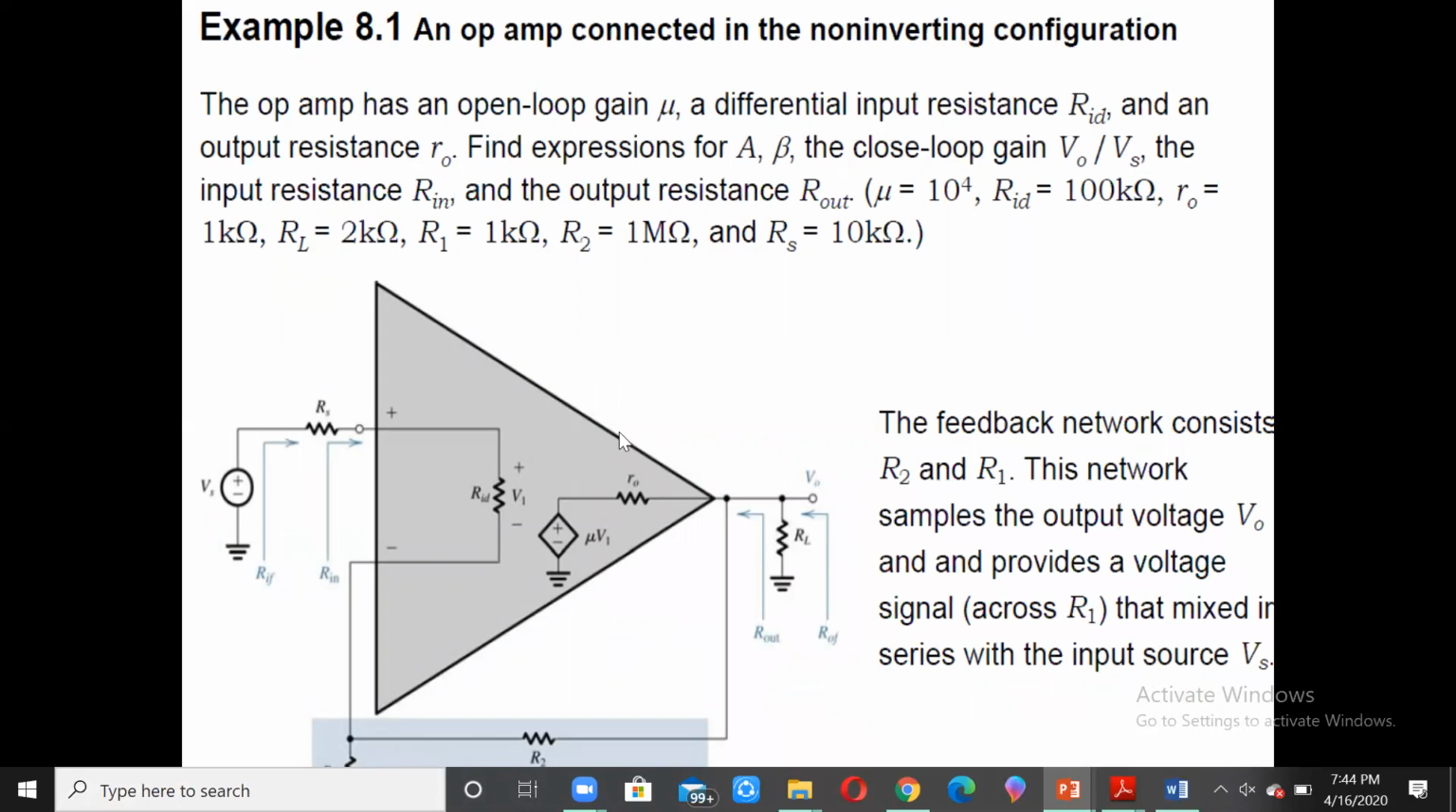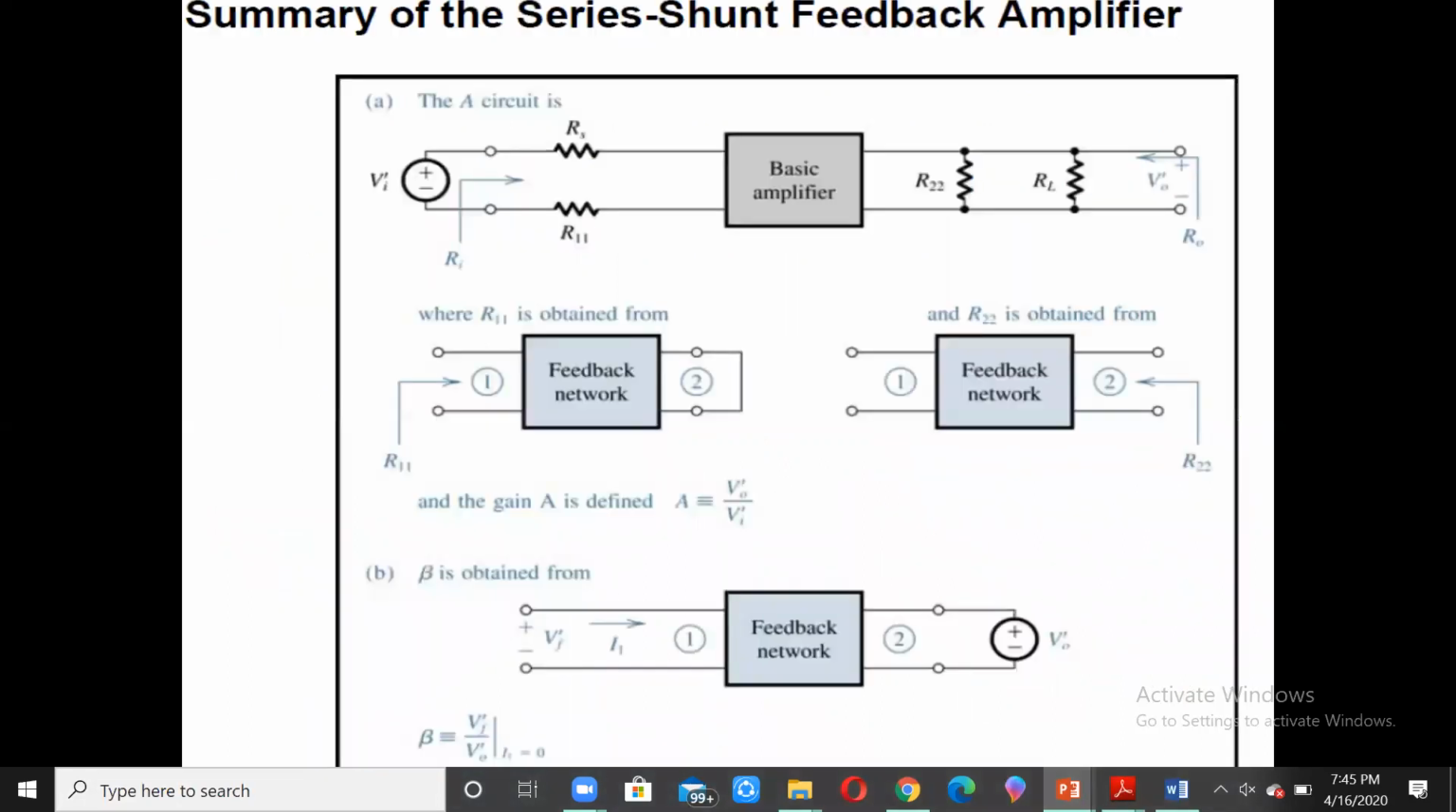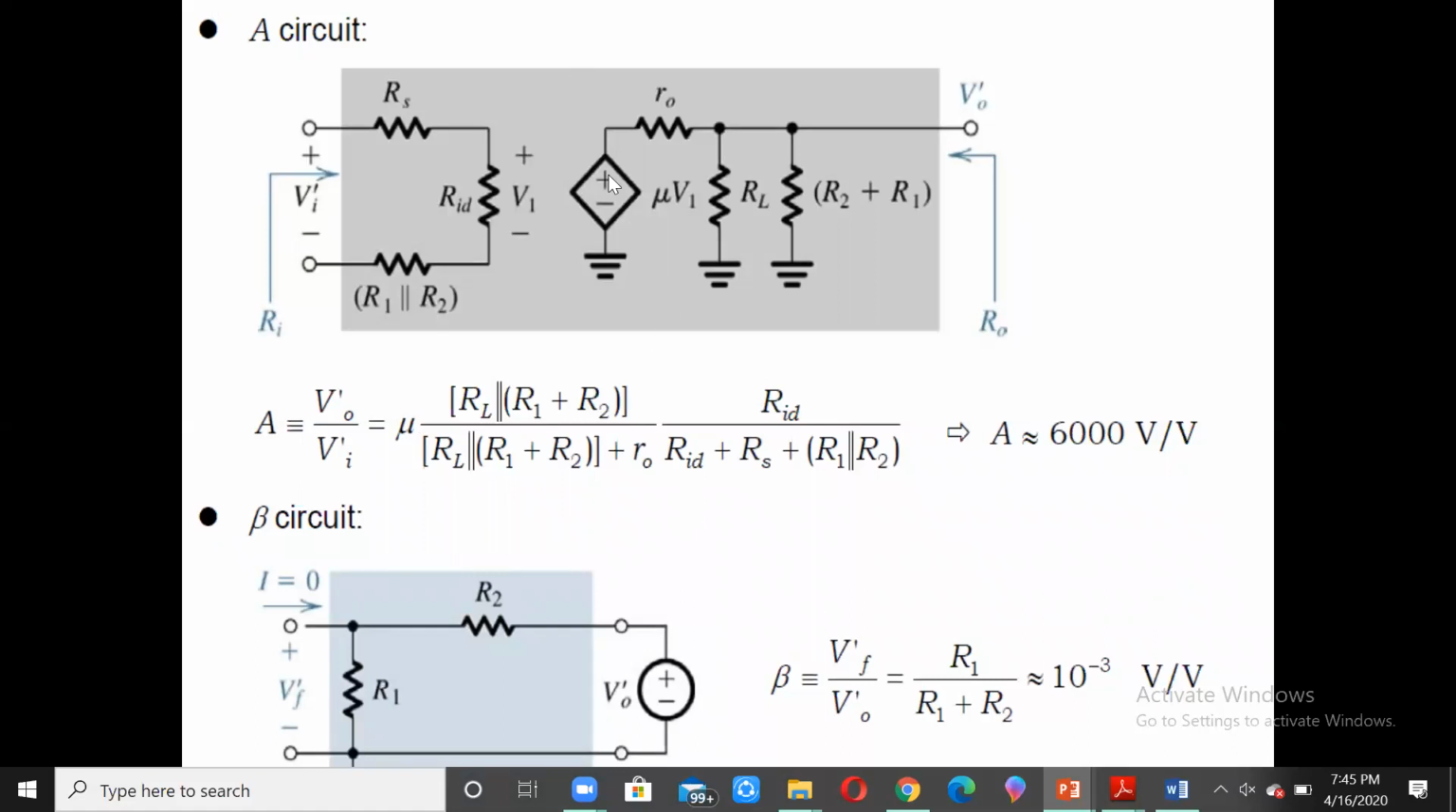And the same is written there, and we have R0 and mu Vi. So we will have here R0 and mu Vi, RL in parallel with R2 plus R1, the summation of the two resistors. So what is the gain of this amplifier with feedback? Really speaking, this should have been AF. So AF is equal to V0 dash by Vi dash, which is what is there. So first we can try to find out the value of